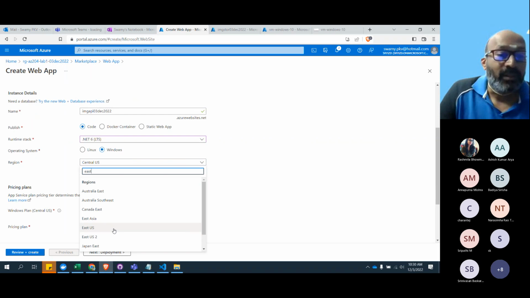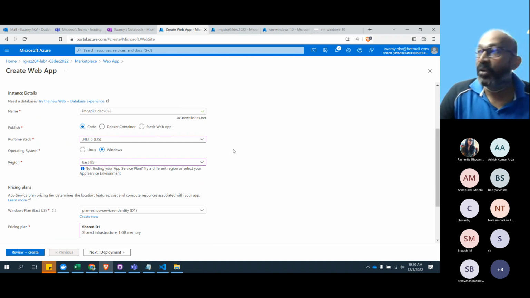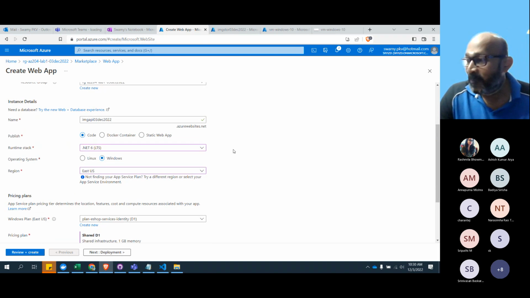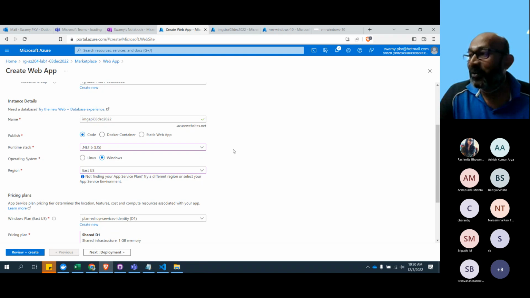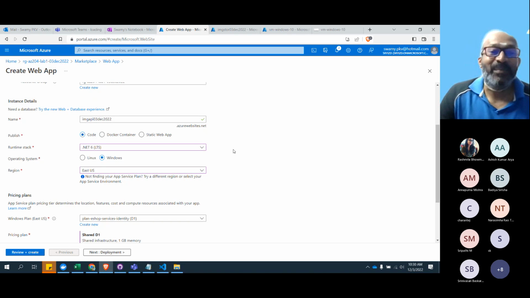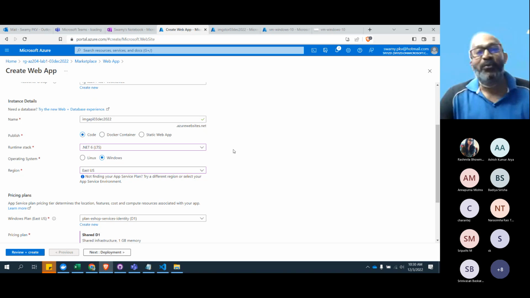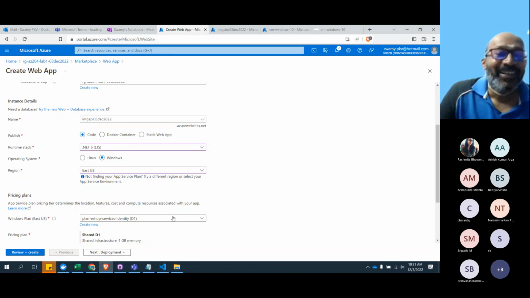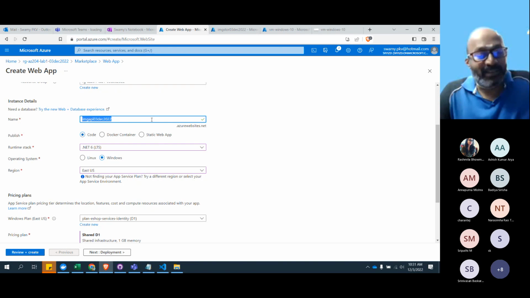East US. Now the race has begun. Previously, if you learned one language or one technology, you would survive in this industry for a decade or a decade and a half. Now it's like 6 months to 1 year. Maybe you learn .NET 5, done, .NET 5's life is over. Now, long-term support of any technology is a maximum of 3 years or 2 years. So now we should always be on our toes. Learn something new, learn something new.